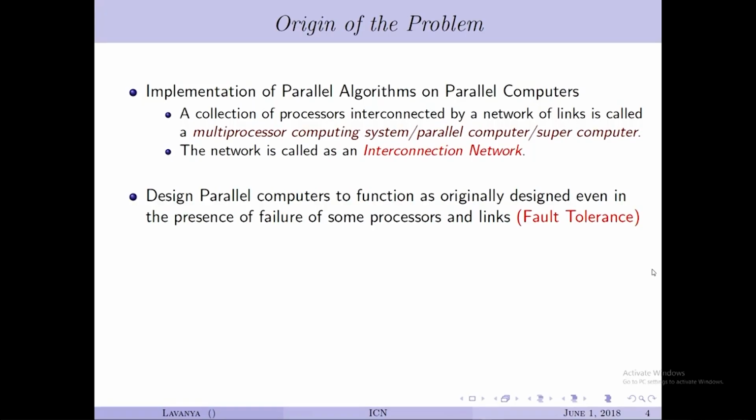In that case, how do we overcome this situation? How do we overcome the presence of failure of some processes or links or both? In that case, how will I redesign my algorithm or my computer? It should know automatically how to reroute its connections. If one processor fails, it should automatically reroute the connections, so that all the other elements which are connected to this particular processor are still connected, and the communication should happen without any hindrance,